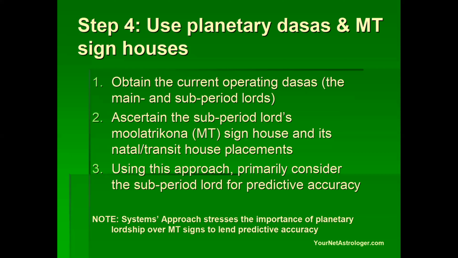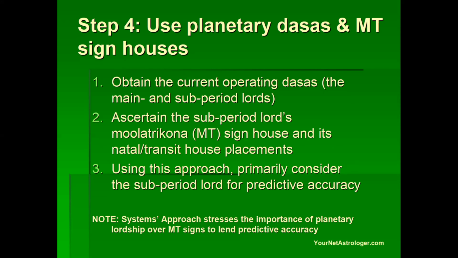This is very important, because when the sub period lord is very weak or involved in prolonged conjunctions with malefics in transit, even if it is strong in the natal chart, it doesn't give good results, because that strength of the natal chart is now reduced by the affliction and weakness of the transit.